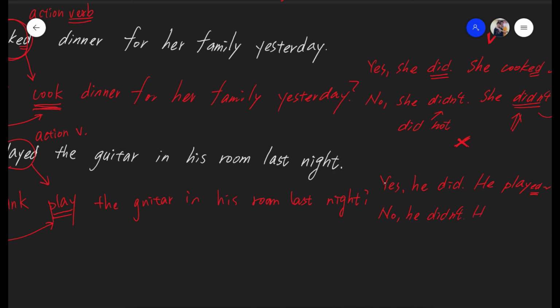Okay, and then he didn't play, using a base verb because there is a helping verb in the sentence. The guitar in his room last night. 那因为否定句里面呢，因为一定会有 didn't 的存在，所以 play 就要保持原形动词。